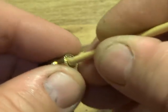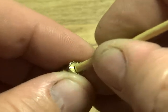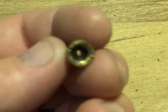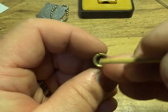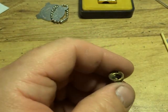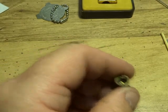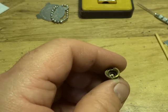Well, I still got some work to do on this. Listen, I'm pretty sure this is going to work. This is your typical Japanese one. These right here don't have the hole in it. They're a real pain in the rear end to fill. You got to have a particular size. If you guys have come across them and you're having a hard time getting it filled,